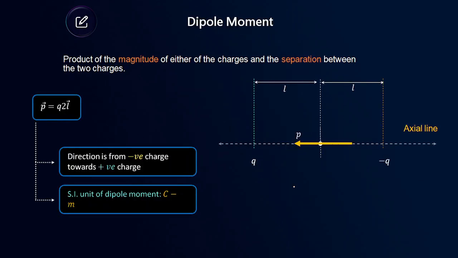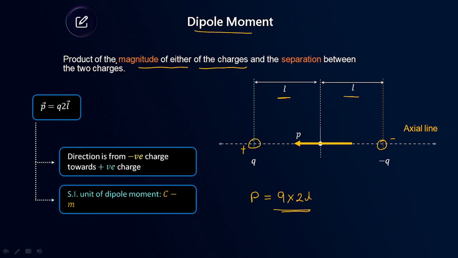So electric dipole, now what is dipole moment? The strength of dipole is called dipole moment. Dipole moment is the product of the magnitude of either of the charges and the separation. Suppose charge on each particle is plus q and minus q. So magnitude of charge is how much? q. So we can write dipole moment, which we represent with p, equals the magnitude of charge on each particle, that is the same q, into separation. Separation is how much now? l and l, that is equal to 2l. So q into 2l.